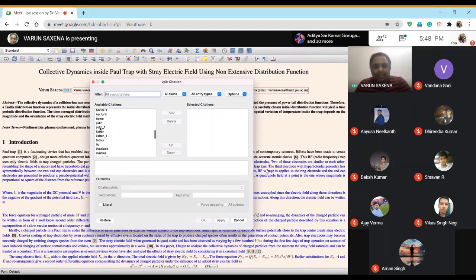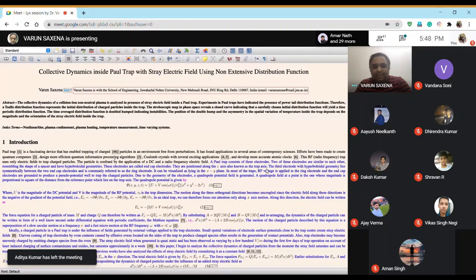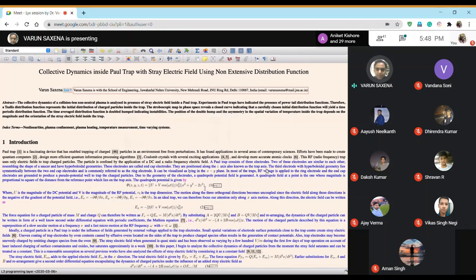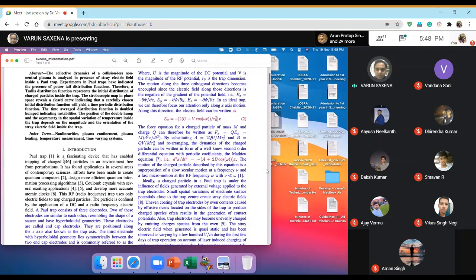I already have these references here, but let me add one more. If you press this, the paper you're adding will come over here. All you need to do is press add and then press OK, and you can see that this reference has come over here. Now if I save it and generate a PDF, this reference 46 has come over here. It's as simple as that to add a reference.